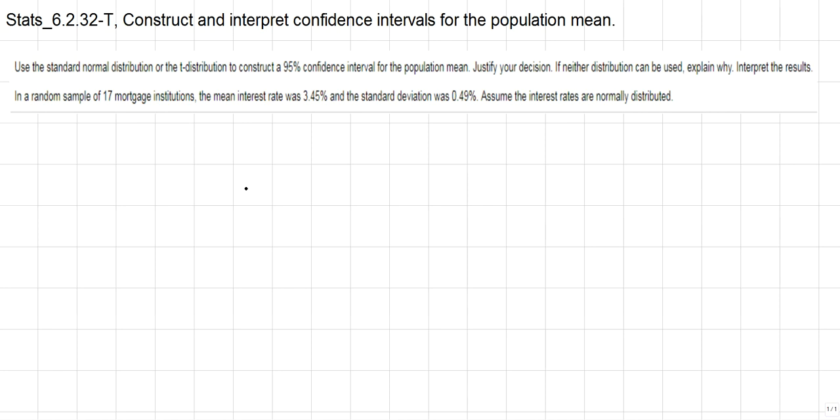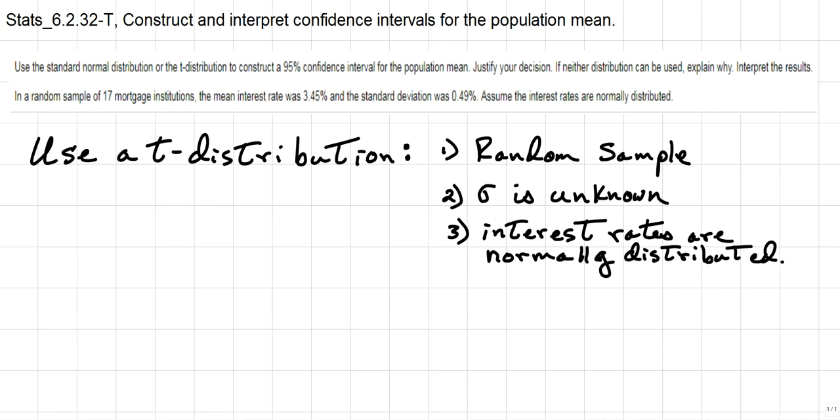So for this problem, we're going to use a t-distribution. We're dealing with a random sample, sigma is unknown, and the interest rates are normally distributed, which is why a t-distribution will work perfectly for this. So the next step is to construct the 95%